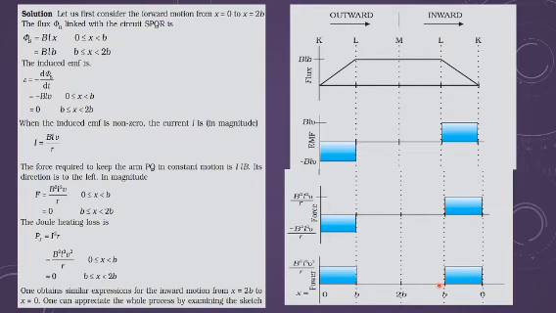And when you are moving back from B to 0 position, then again you can see the flux is decreasing, and this EMF is coming out to be positive, force is also positive, but power is always taken positive. So this way you can always do the graph plotting. This is a very important question because many times you are asked to derive these values. Simply, the flux phi is given to you and you have to write the values of EMF, force and power, and you are supposed to do the graph plotting for the same when it is moved outward and inward.